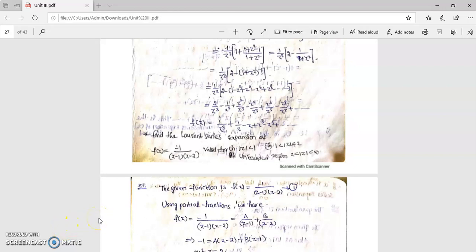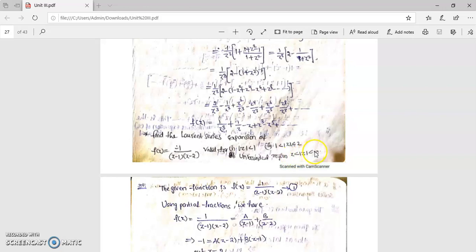Now I will explain one problem of Laurent series expansion. Find the Laurent series expansion of f(z) = -1/((z-1)(z-2)), valid for three regions. Number 1, mod z less than 1. Second, mod z lies between 1 and 2. And the third, mod z lies between